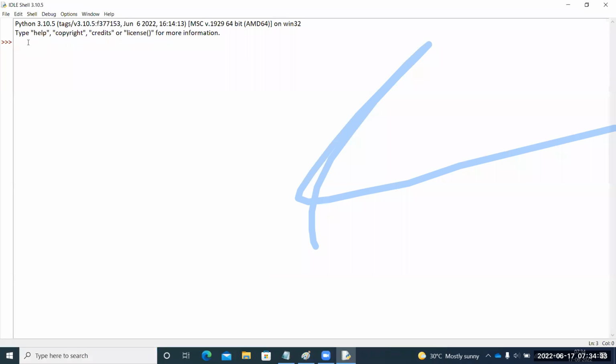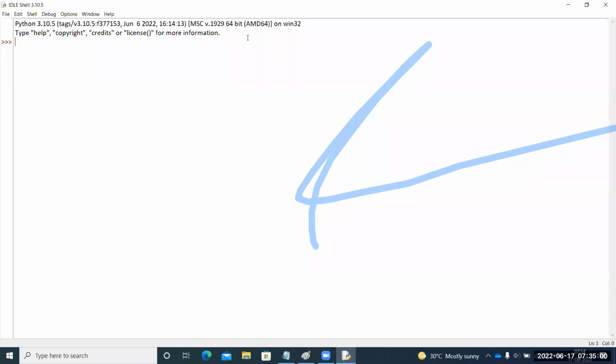What is the shell prompt? You can execute any Python statement at this shell prompt, guys. So shell prompt is very interactive. You type one statement, press enter, immediately you will get what is the output of the statement. That is called interactive, very interactive. You can see what is the effect of each statement immediately. So at that particular scenario, you can use this one.